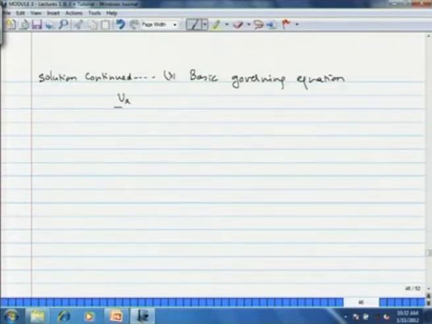VR by Fi naught is equal to Xi E, the equilibrium conversion, minus Xi naught, the conversion at time 0, divided by the rate. And now i is essentially glucose. So replacing i by G,